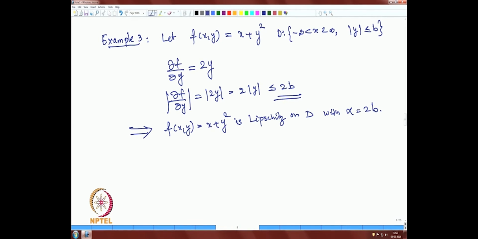we know that the conditions in the theorem are not necessary conditions for Lipschitz continuity. It is just a sufficient condition. If the partial derivatives are bounded, then the function is Lipschitz continuous. That is a strong sufficient condition. But there are functions which are Lipschitz continuous, but at the same time not satisfying the hypothesis of the above theorem. So, we give a counter example. So, consider a function